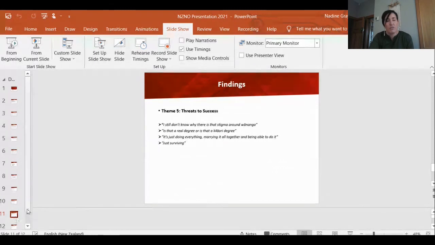The wānanga came up with quite a few different ways of helping students financially by, for example, putting state fees in the total fees at the beginning of the year, so that students wouldn't be stung with the money later on and having to find the money. By offering transport, that kind of mitigates barriers to attendance, and just really working with the needs of each cohort to ensure that they have every different kind of support that's necessary to help these students succeed and make it to the end.